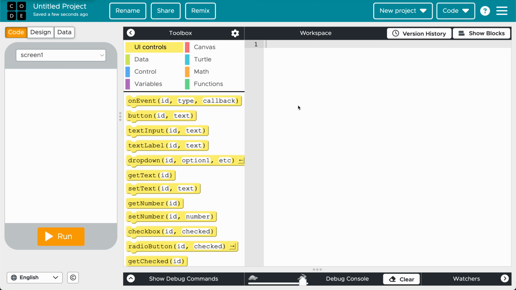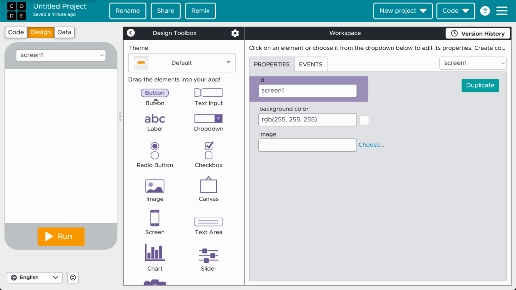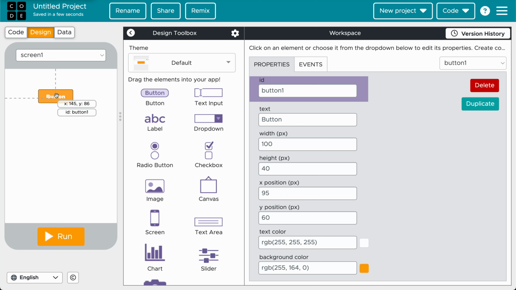In this video, I want to walk you through how to change the property of any element. If I go to the design and I choose any element, and by any I mean any element. If I choose this button, for instance, and say I want to change the text by clicking another button, how can I do that? So all I need to do is just to look at what the ID of that